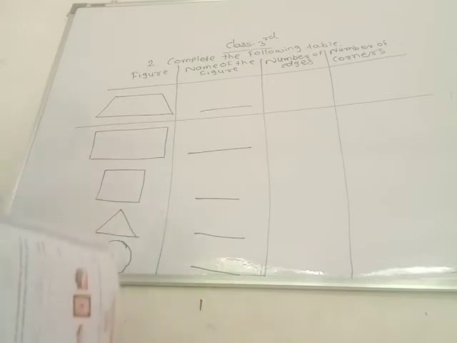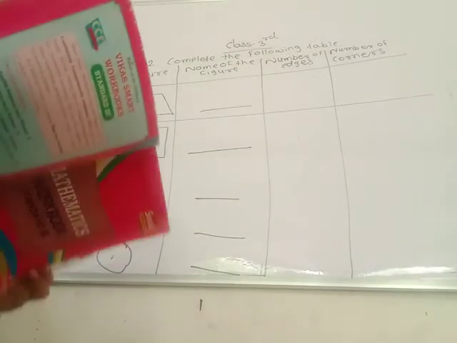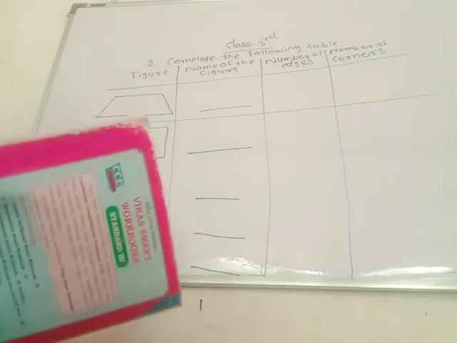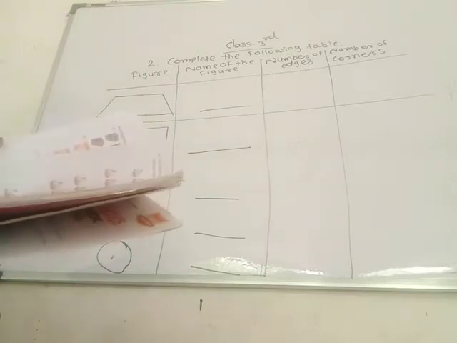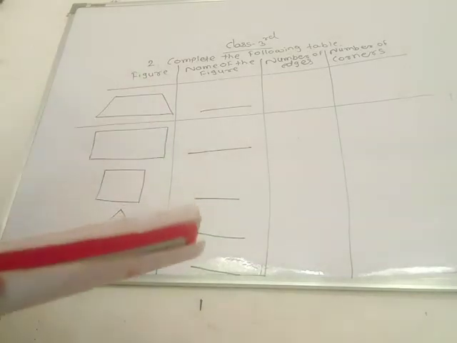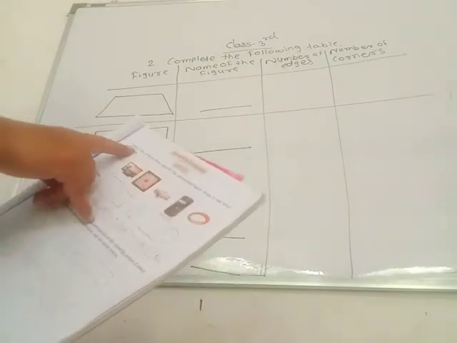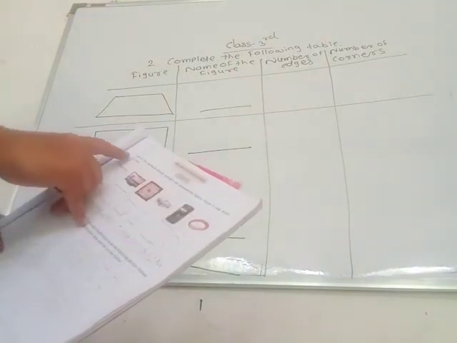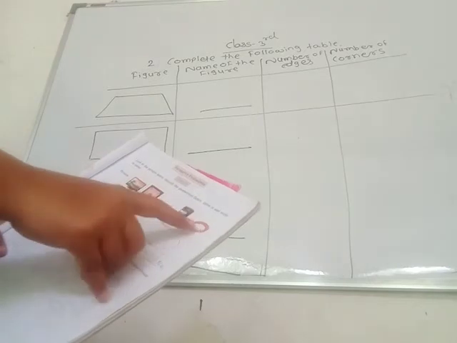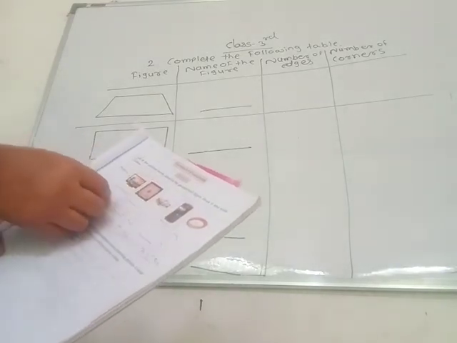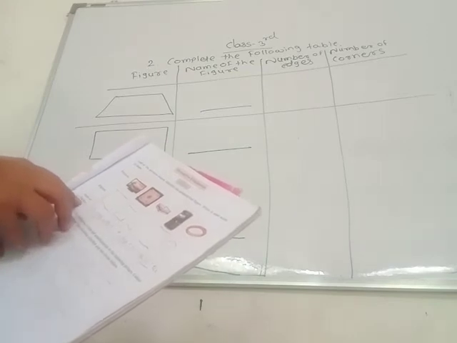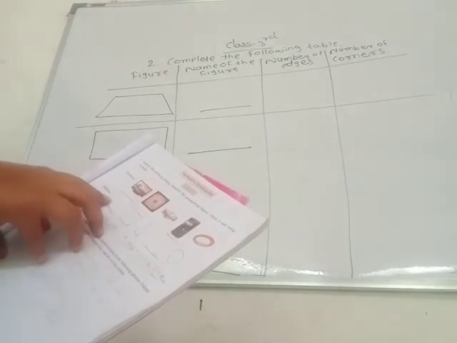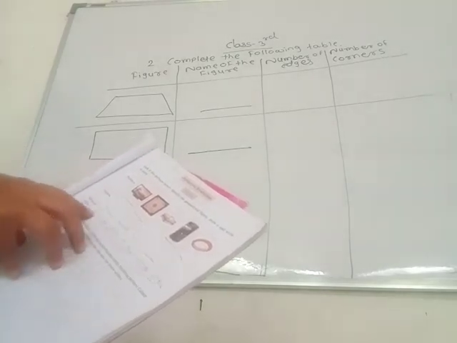Then next one, see this activity in your textbook, page number 3. See here some pictures given. Look at the pictures below, identify the geometrical figure, draw it and write its name. Here pictures are given; this picture looks like this figure, then you draw here and write the name of this figure also. Then this one, first one picture is rectangle type, then you draw here a rectangle and write here the name of the figure, rectangle.